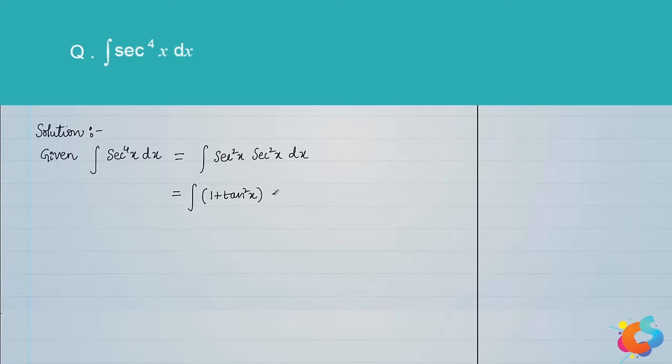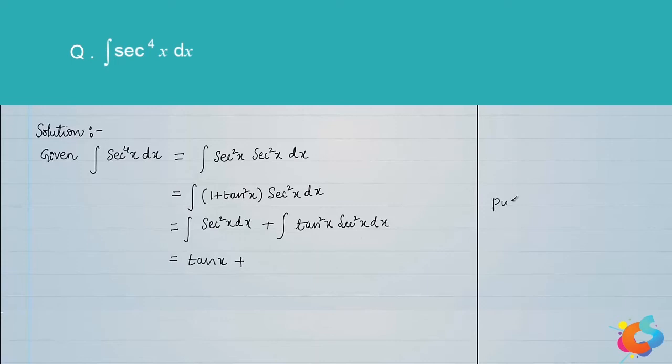And this secant square x we will write as it is. So this problem reduces to 1 into secant square x dx plus tan square x secant square x dx. The first integrand, when we integrate secant square x, we will get directly tan x plus, whereas the second one,